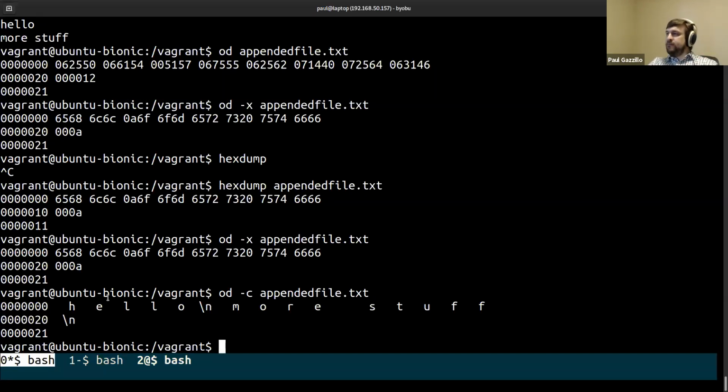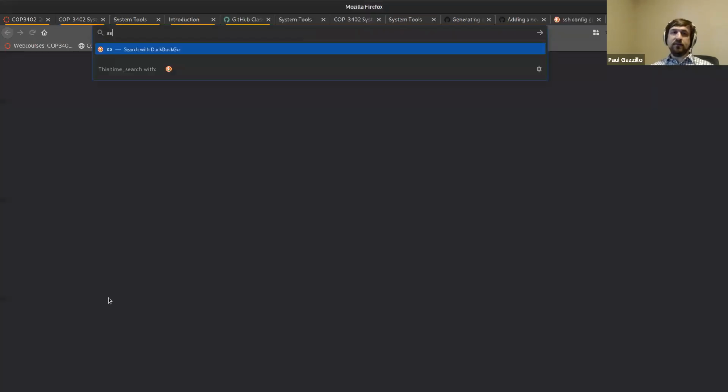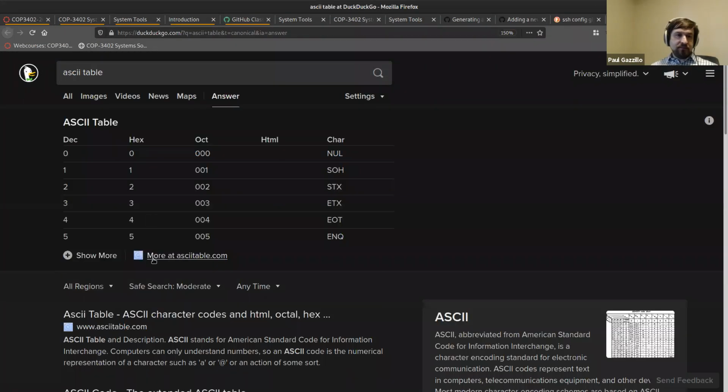So the reason H looks like H on the screen is not because there's anything physically on the machine that is storing an H. Or at least there's nothing in the file itself. There's nothing in the raw bytes that backs that appended file that is a representation of H. The representation of H happens because there's a convention